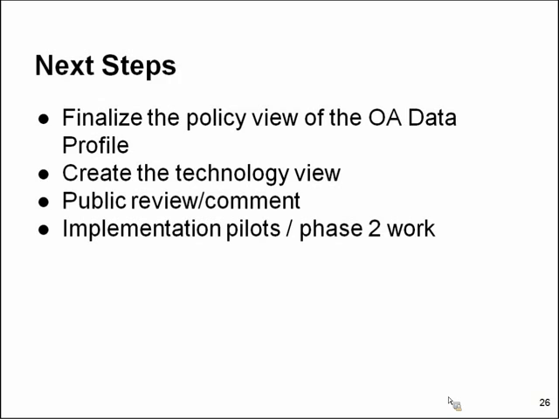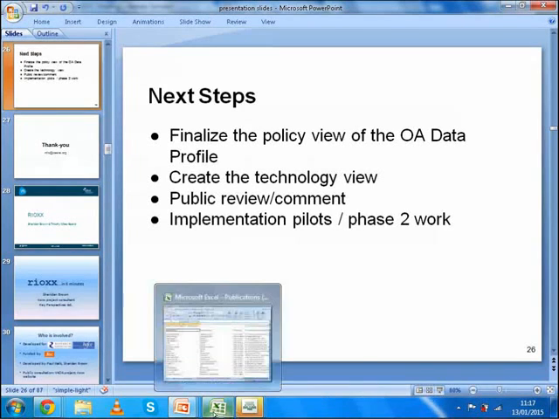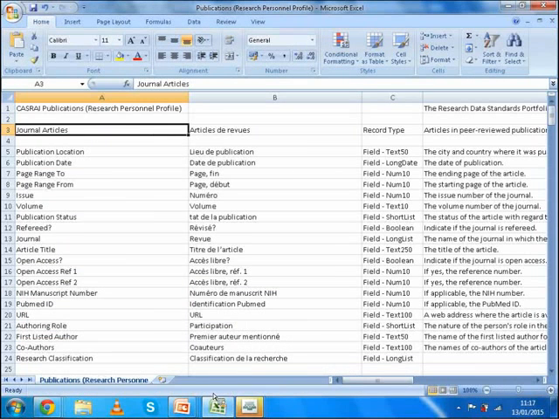Based on that, we'll then have public review and comment, and we'll create a technology view. I think that's my last slide, but I've got an example output from the current dictionary. It doesn't show the specific items that are going to be coming out of the OA because it hasn't finished yet, but when that work is done, all the outputs, the profile contents, will be uploaded